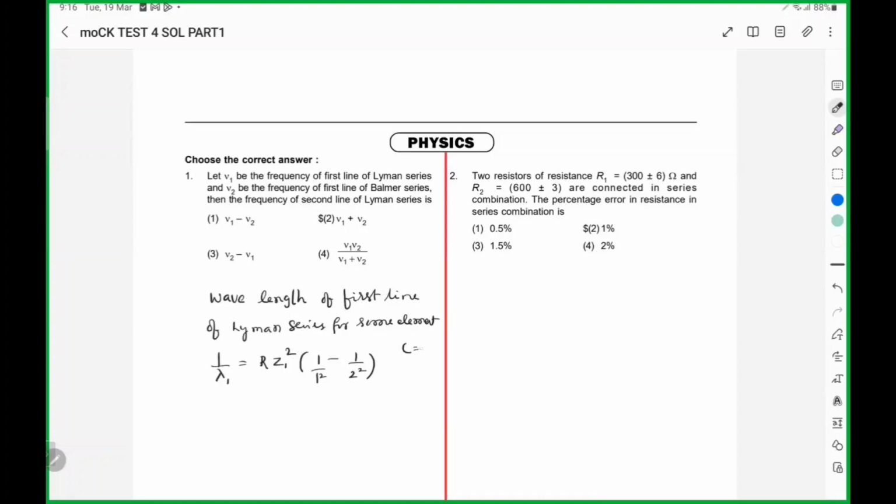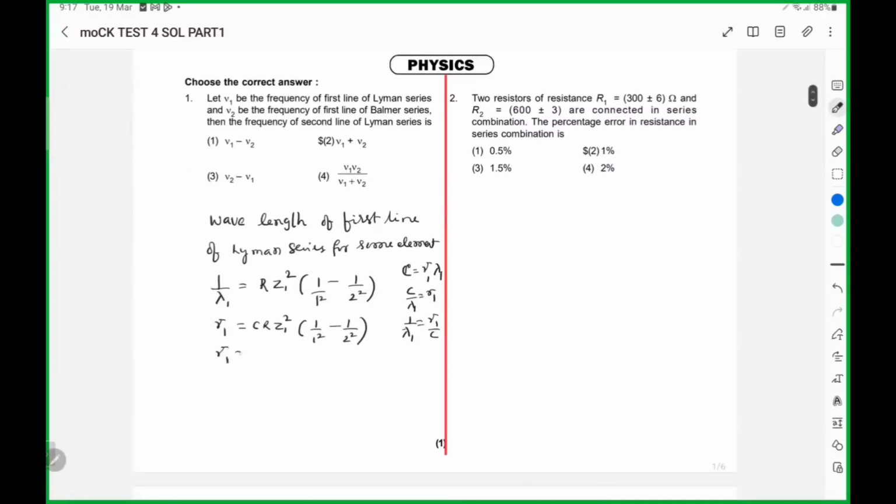So here C is equal to mu1 lambda 1. So C by lambda 1 is mu1. So 1 by lambda 1. So here it is mu1 is equal to C R Z1 square into 1 by 1 square minus 1 by 2 square. Here it is 3 by 4. So mu2 similarly,